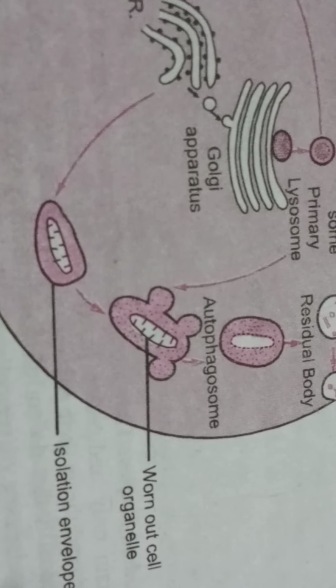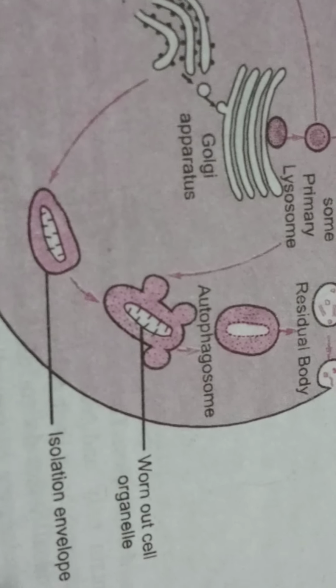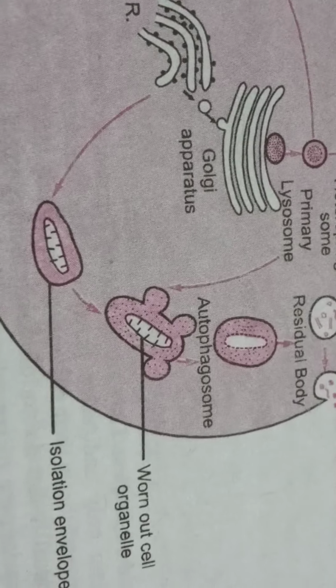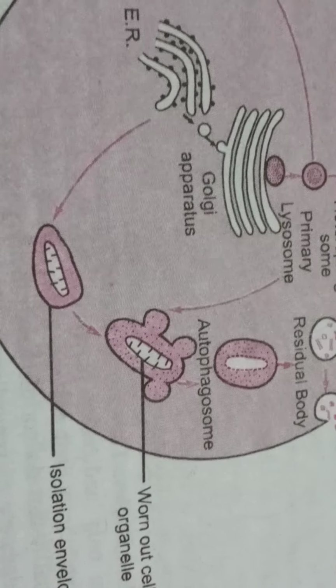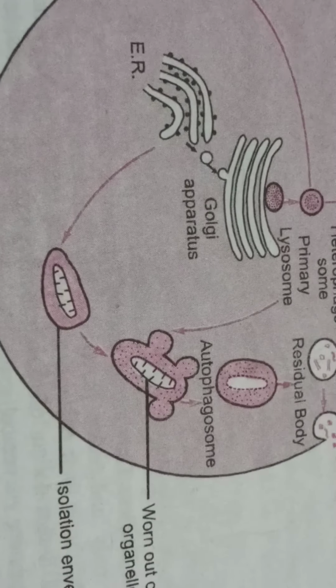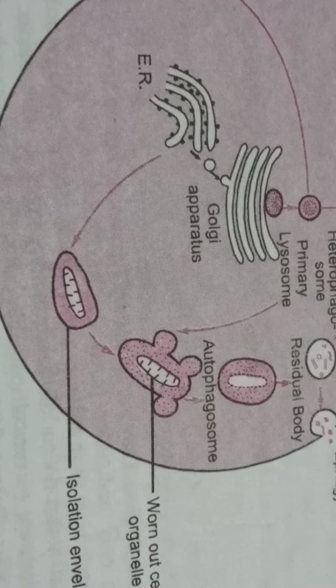That means the cell debris are digested here. It helps even in the disposal of the debris, that is the dead cells, worn out cells, or aged cells, and hence they are also termed as the disposal bags. Here we are getting two terms. One is the suicidal bags and the other is the disposal bag.